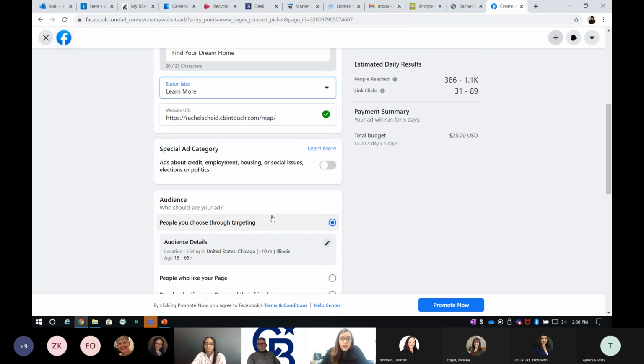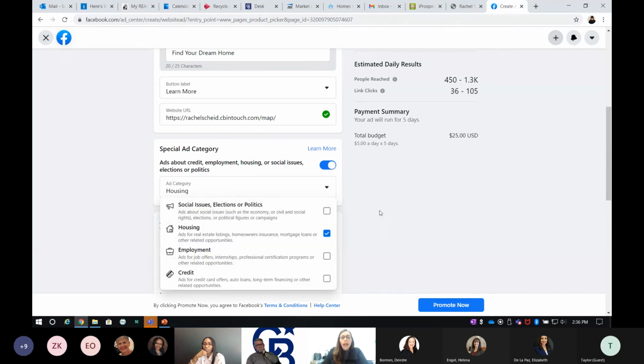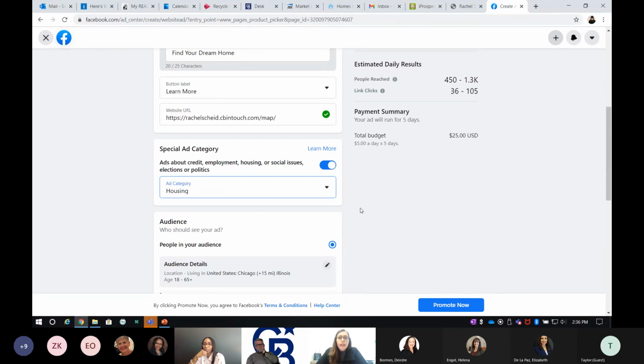You are realtors, so this is about housing, and so you are a special ad category. You do need to make sure anytime you guys are doing any ads on Facebook, regardless if it's for a landing page or not, you guys are always doing it with the intention of getting leads where housing and real estate are concerned. So please always make sure that you click special ad category and then highlight what you are, which is housing. What this does is it does put in some guardrails on how you